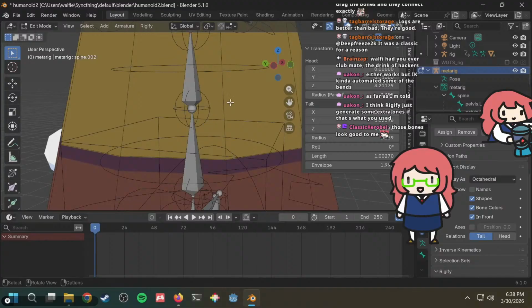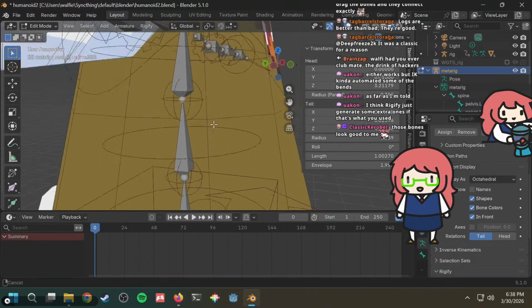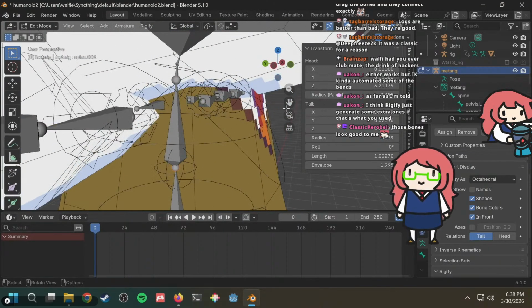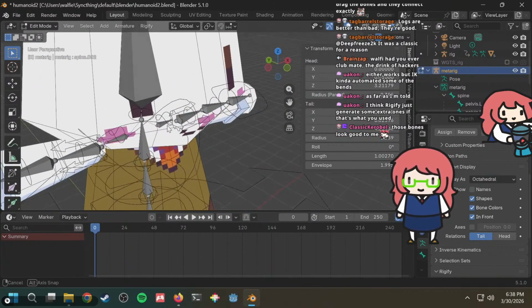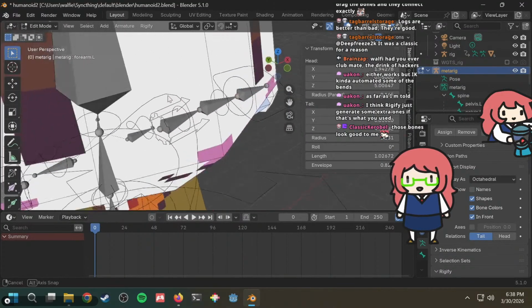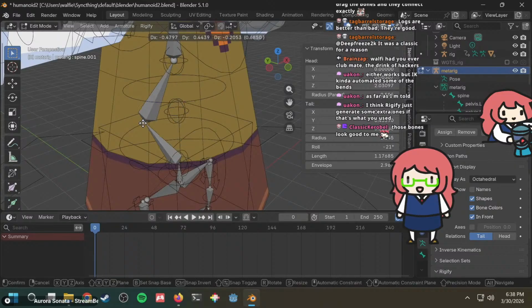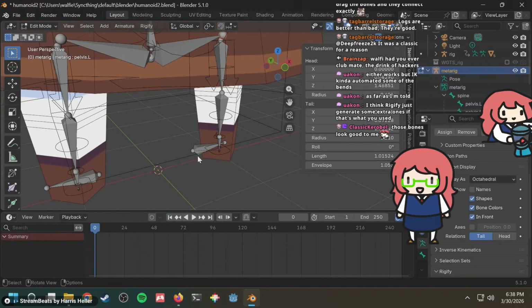So why are they here this time? What are those bones? Oh, it's probably because I hid them in some menu somewhere, because I didn't need them. Maybe. These are definitely still connected. This one's connected. That's connected. Literally all connected.